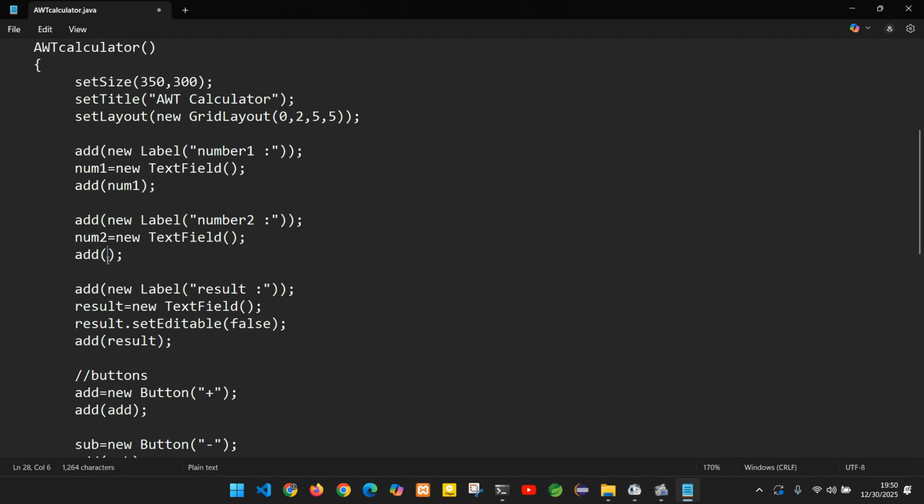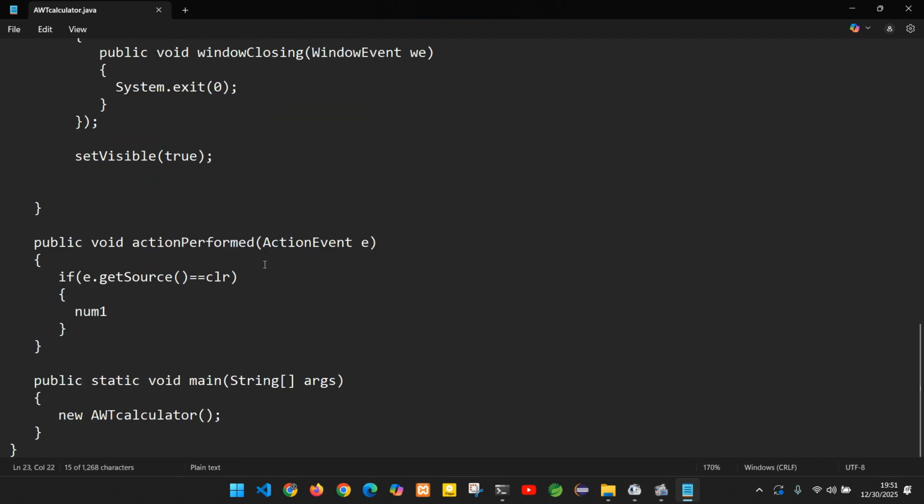num2. Now we can access this text field by using the num2 reference variable. I can access this text field by using this reference variable. So anyway, if I call num1, it represents this text field. So num1 dot setText